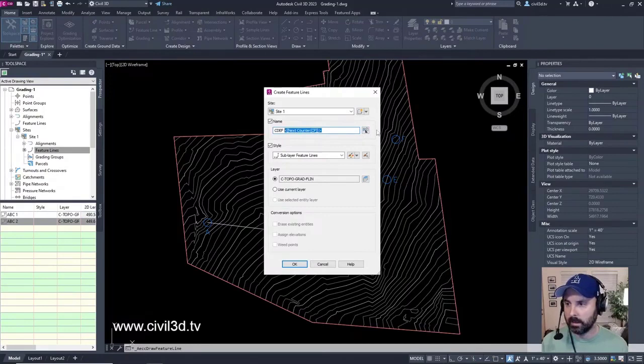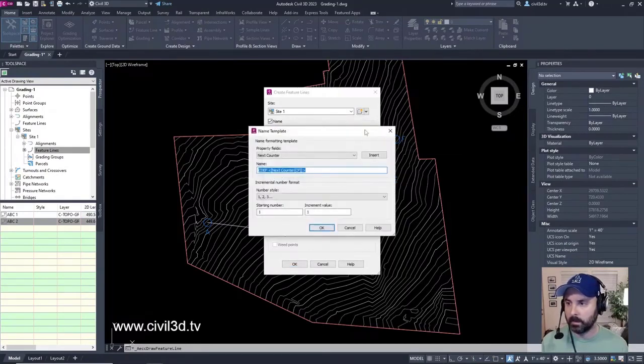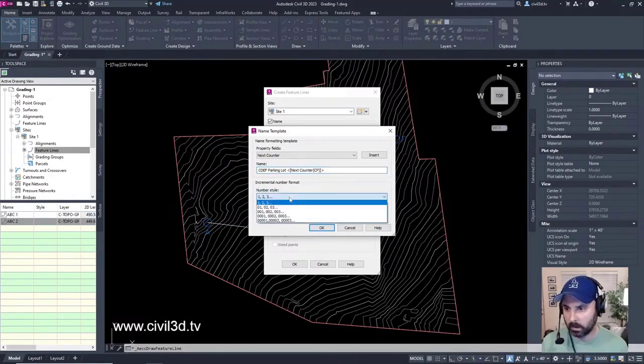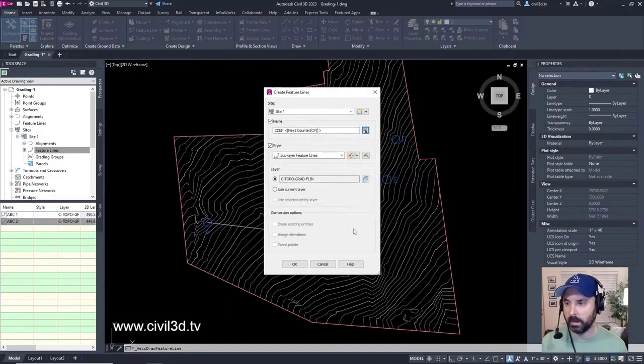You can highlight this, click this button, and for the name template, the property fields, you can change this to a style name. You can do it that way, or you can type in parking lot. There's a lot of different ways to go about it. You have all of these different options. We'll leave it on 1, 2, 3 just for simplicity. We'll cancel out of this.